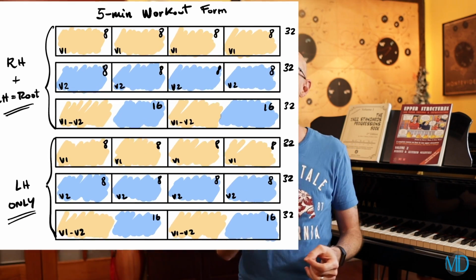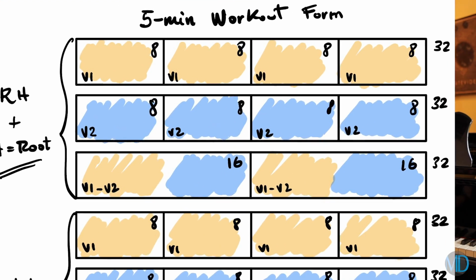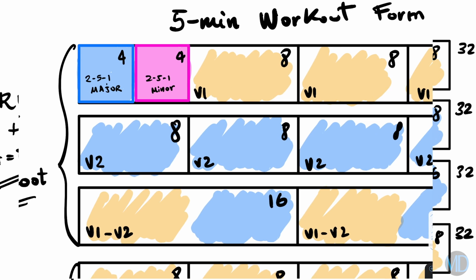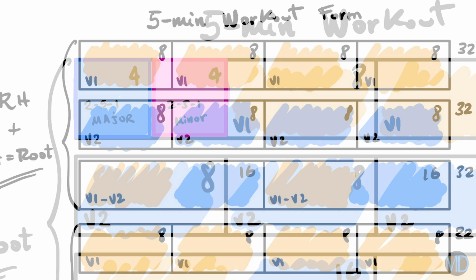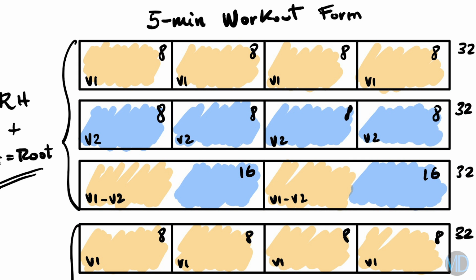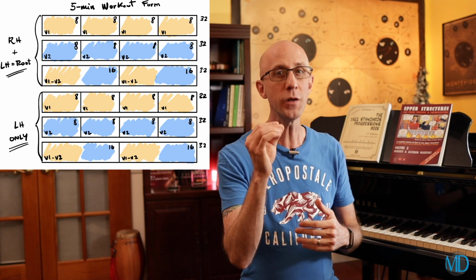We've designed these workouts so that they can help you improve your perception of these different lengths. Every 4 bars you have a 2-5-1, 1 in major followed by 1 in minor. Every 8 bars you repeat the sequence, and then every 32 bars you change to a new sequence. So be aware of that property. Soon enough, you'll start feeling these lengths as one really long beat. This is going to significantly help you with your song form perception, which is essential when you're improvising.